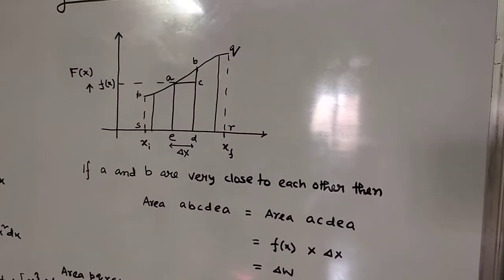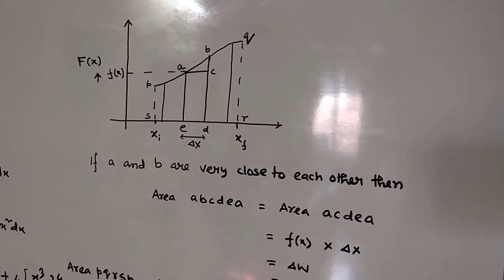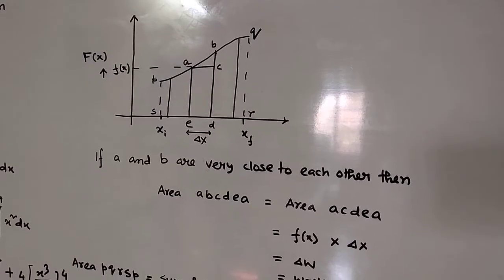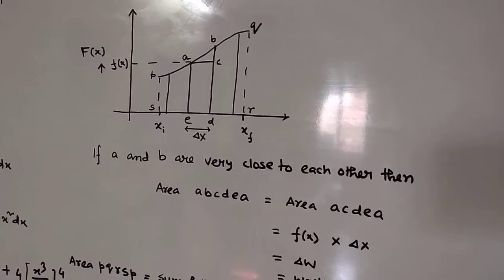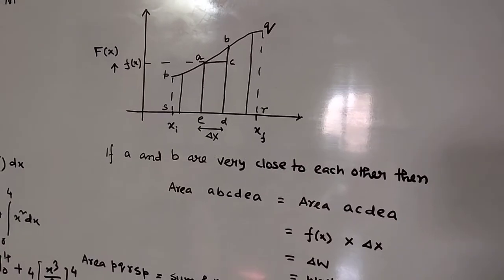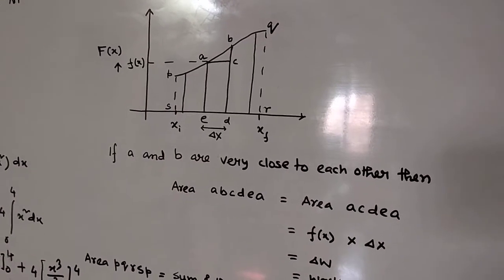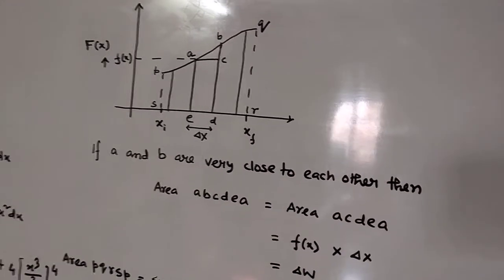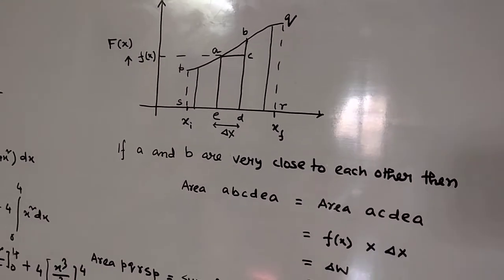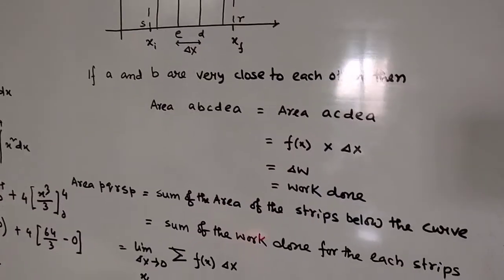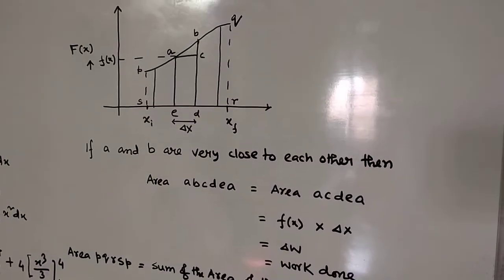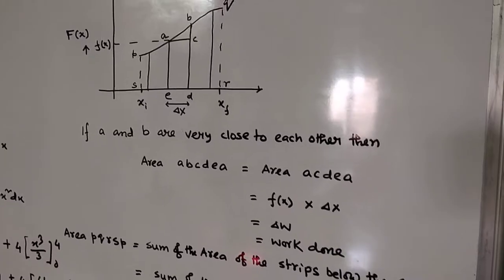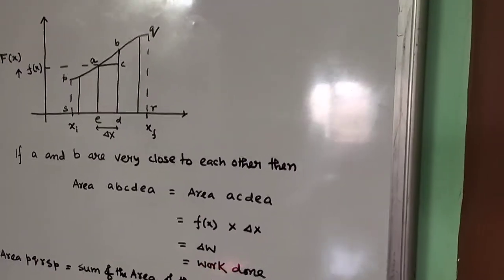So that's why we have written sum of the area of the strips below the curve. These strips, I think you have understood. If A and B are very close to each other, then that triangular part vanishes and you have only a rectangle, and this triangle and rectangle together is your strip. So here we have written area PQRSP is nothing but the sum of the area of the strips below the curve,